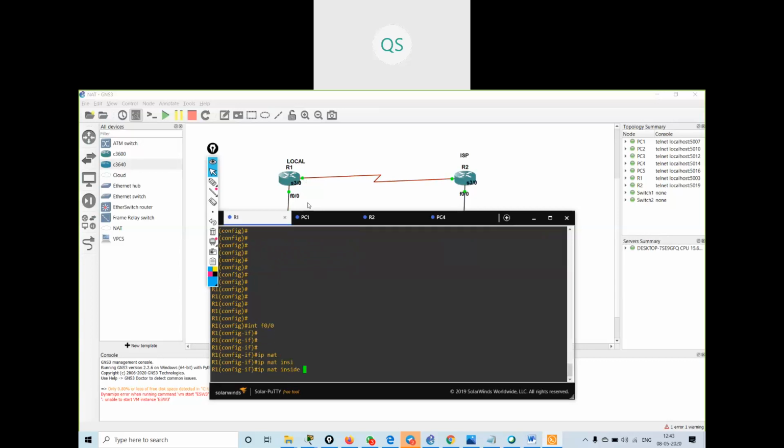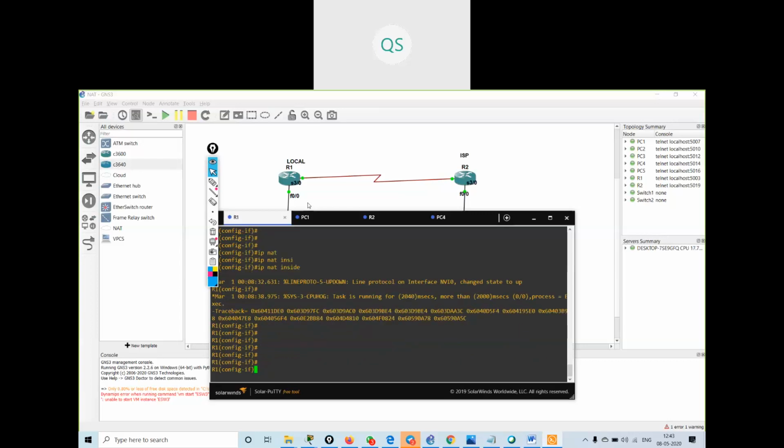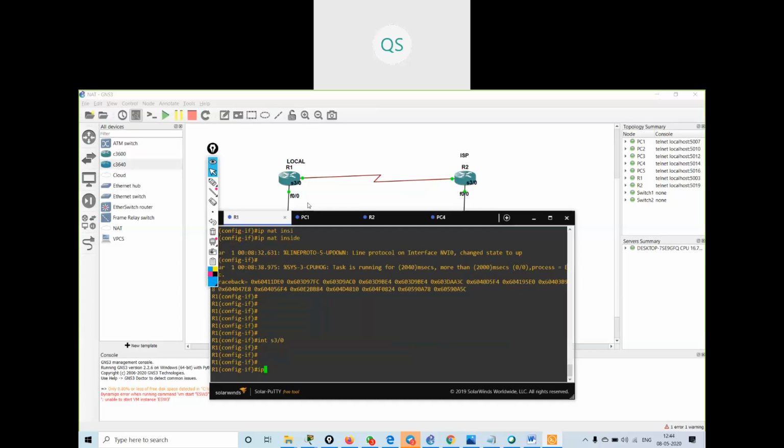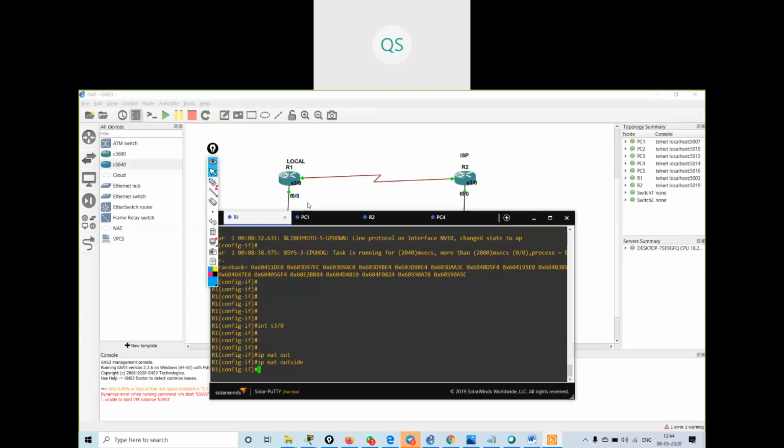This is my inside interface, and the outside interface is serial 3/0. I will say ip nat outside.